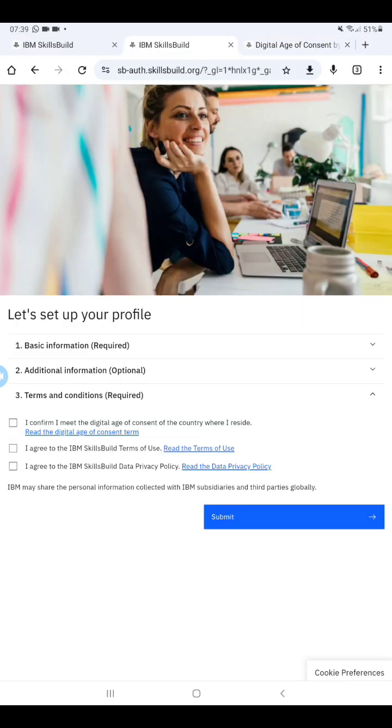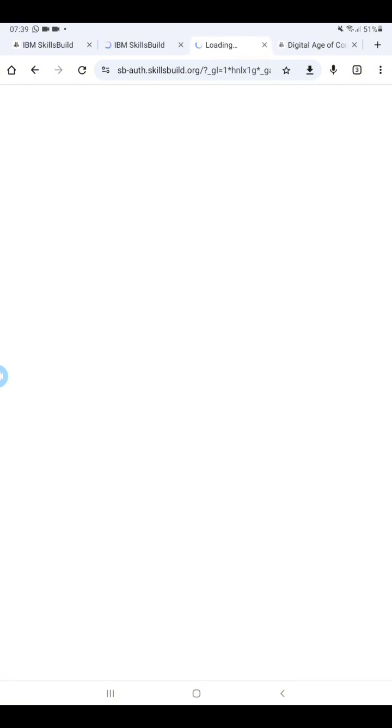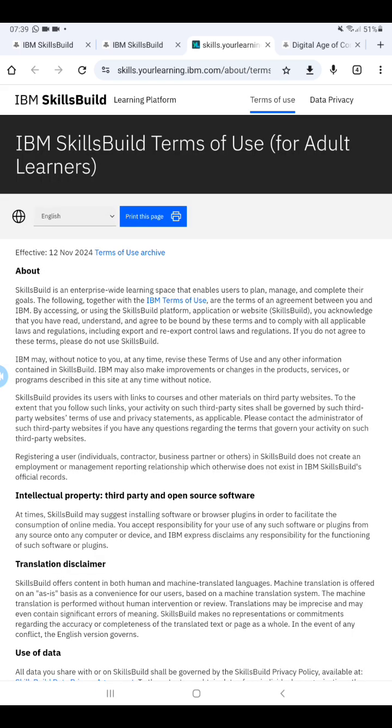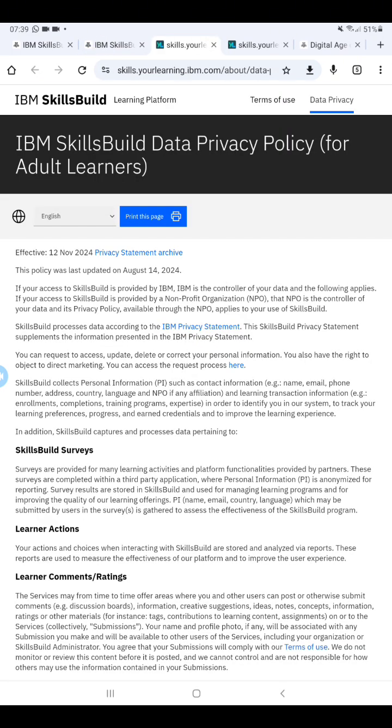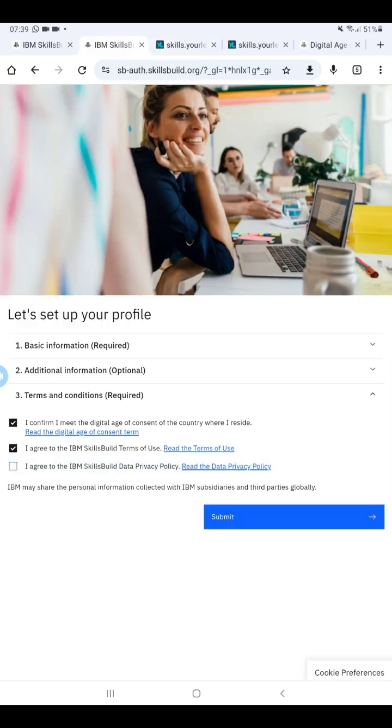So I'll just go right back and check this box, then also check I agree to IBM Skills Build terms of use. You can as well read the IBM's terms of use here. So I agree to the IBM Skills Build data privacy policy. You can go ahead and read through as well. It's not that long, so I take this as the final one. And you have here, IBM may share the personal information collected with IBM subsidiaries and third parties globally. So the last thing you can do is to click on submit,